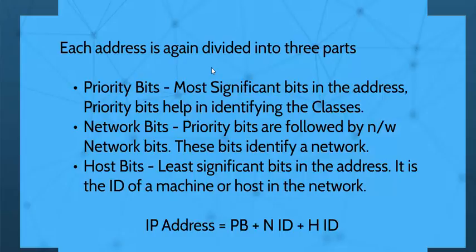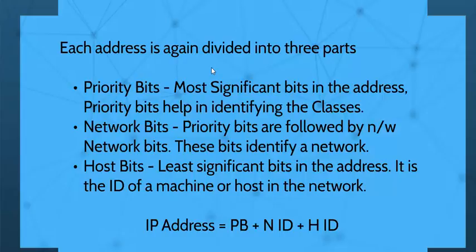Network bits. Priority bits followed by the network portion are considered as network bits. These bits are helpful to identify the network. The network bits will be the same throughout the network. If any bit in the network portion is changed from 0 to 1 or 1 to 0, then its network